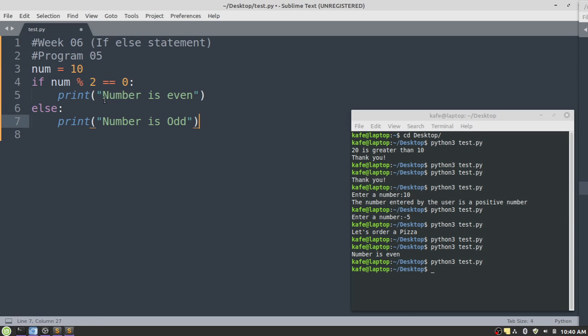Our second decision control statement is called the if-else statement. Remember, it is different from the if, because in the if statement, we do one thing if the condition is true, but we do nothing if the condition is false. However, in the if-else statement, we do one thing if the condition is true and we do another thing if the condition is false. So here is the same program, but now we have introduced the else, which means if